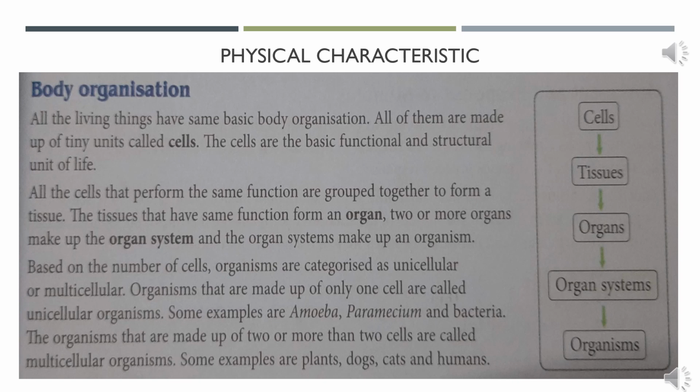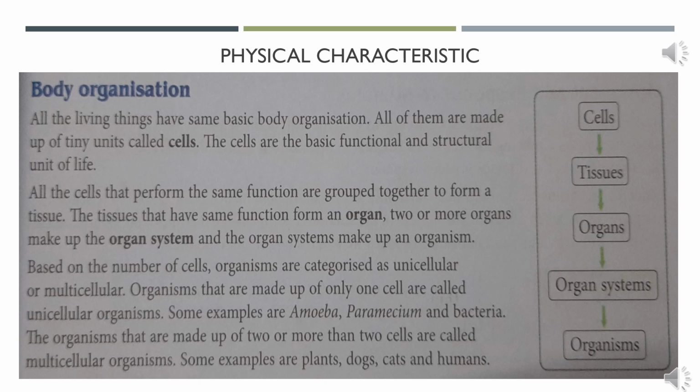For example, the first thing which got developed is naturally cells. When a group of cells collect together, they form a tissue. When multiple tissues join together, they form organs. And when multiple organs join together, they form an organ system. And when multiple organ systems join together, they form an organism. Organism like a human being.